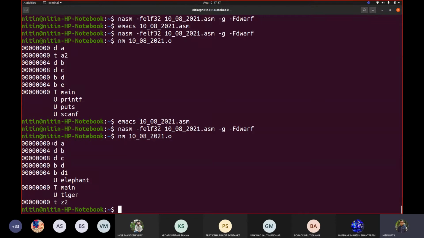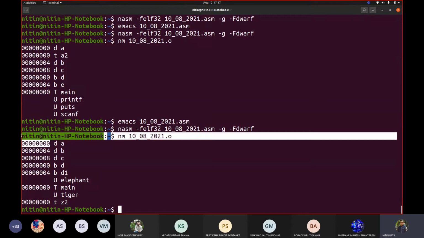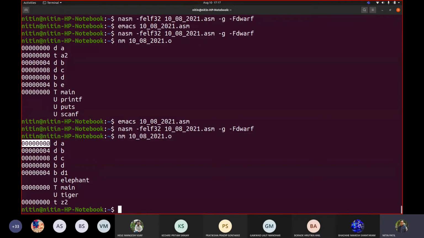Now whatever you have with data section, I can see that if it gives index to be 0, next index is at 4 because we have declared this A as DD, defined double. That's why 4. So 0, 1, 2, 3. It gave next address is 4. 4, 5, 6, 7. Next address is 8. 8, 9, A, B. So if I define one more variable in data section, then it will be next number, so it would be C. Correct. So let us try doing this.